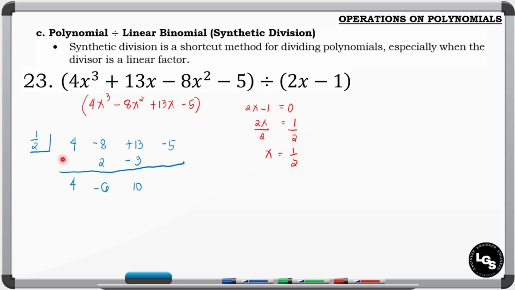Next again, 10 times 1/2, so that is positive 5. Then add the last column. So negative 5 plus 5, that is 0. So we have 0 as the last term, meaning this is an exact division. So we do not have a remainder. So in writing our answer,